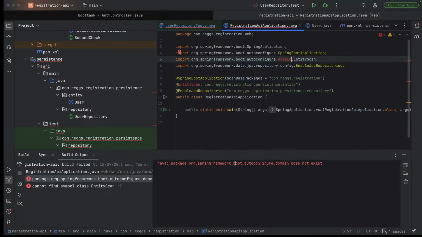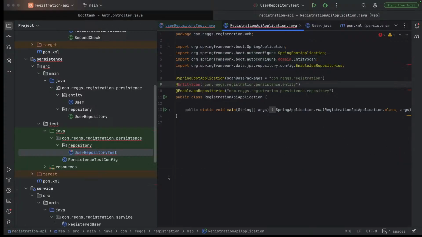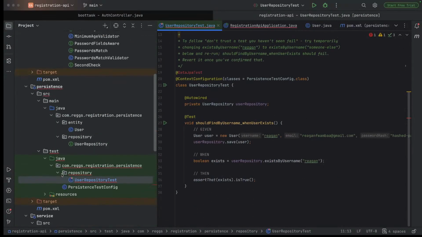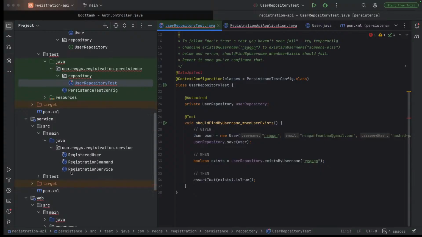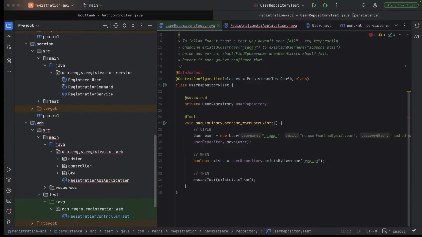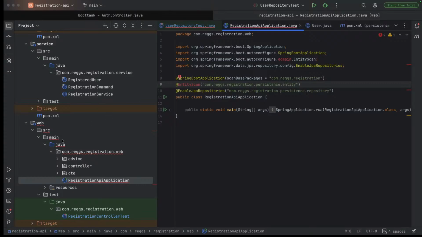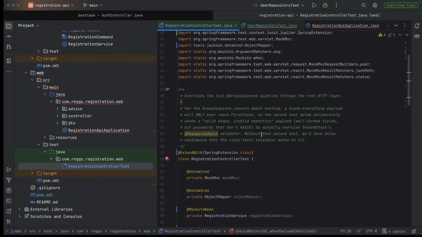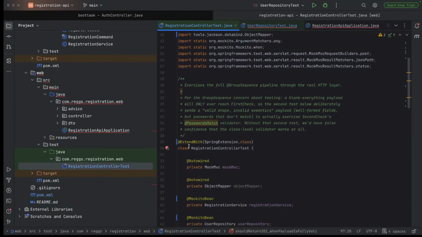Okay, so package Spring Framework boot autoconfigure domain does not exist. Entity scan. Sam, yes. Mi sijui mbona naona kama shida iko kwa nini kwa hiyo controller test. Under web. Controller test, this one. So where would the problem be? Ngoja ni